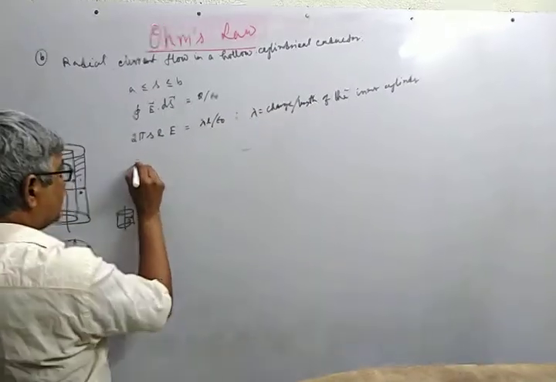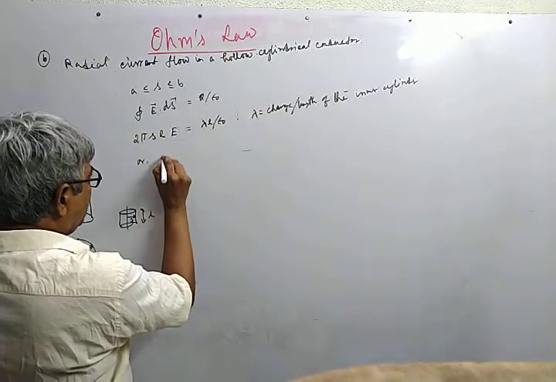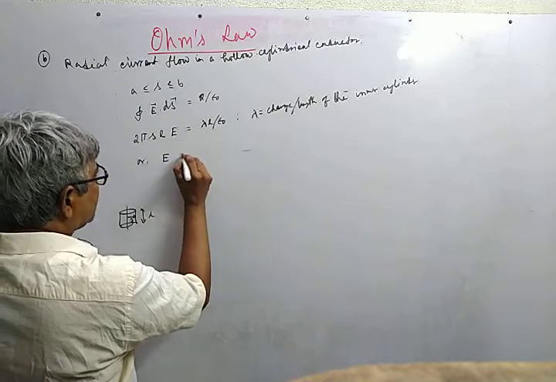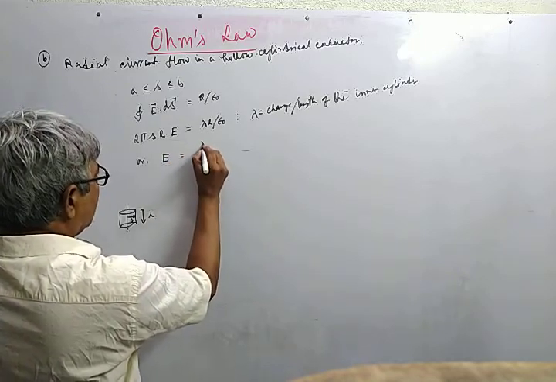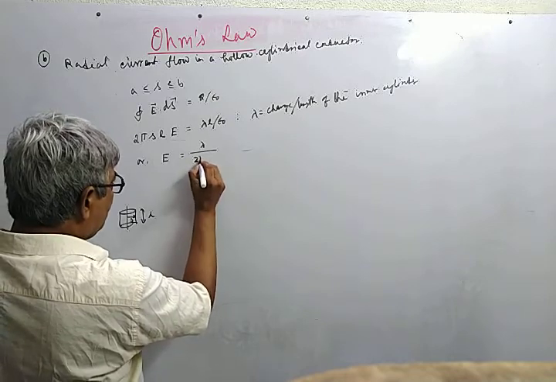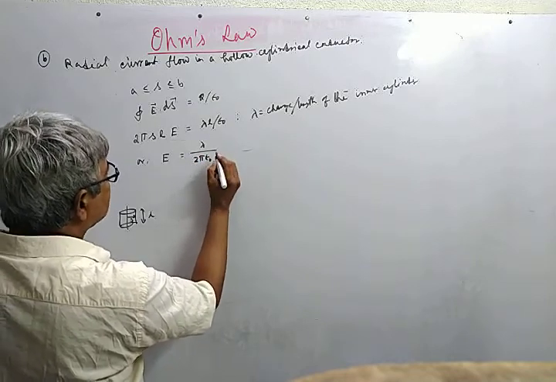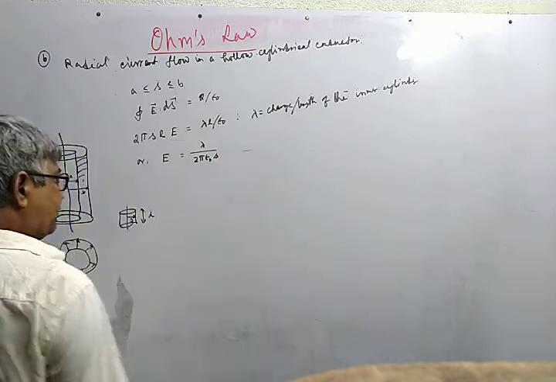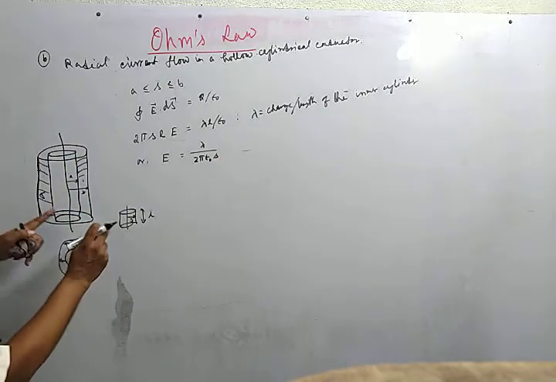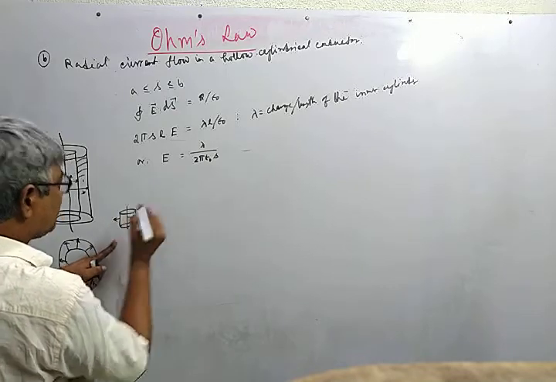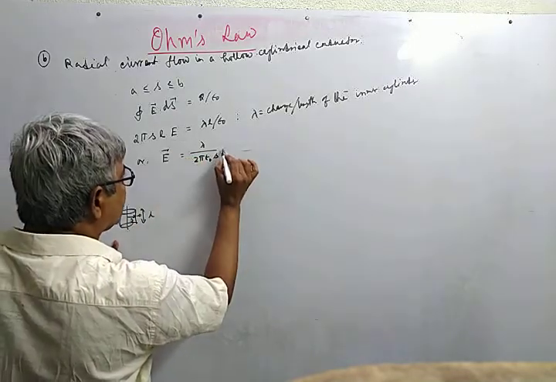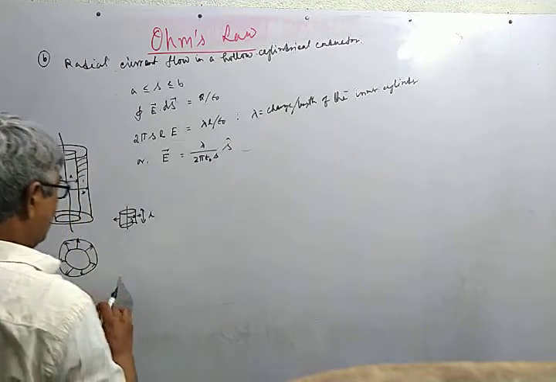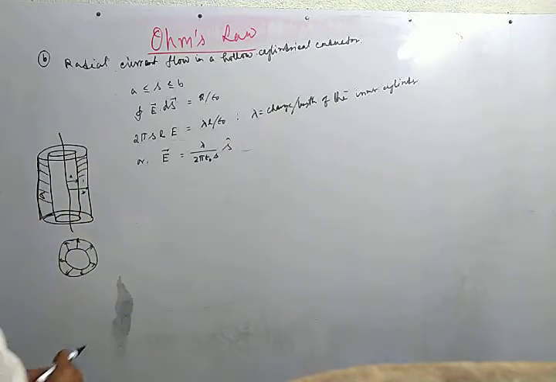Or we get E is equal to lambda upon 2 pi epsilon 0 s, and so far as the direction is concerned, the field everywhere is radially outward, so in vector notation it is s cap. So this is the electric field. If we want to find out the current density,